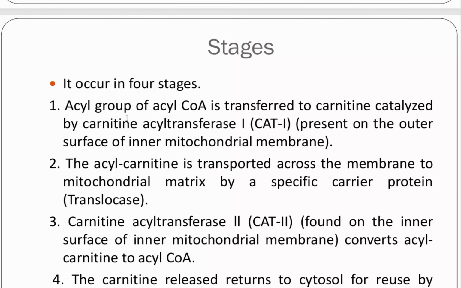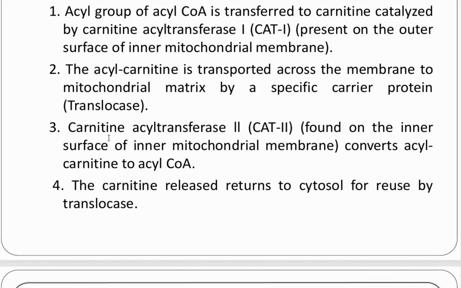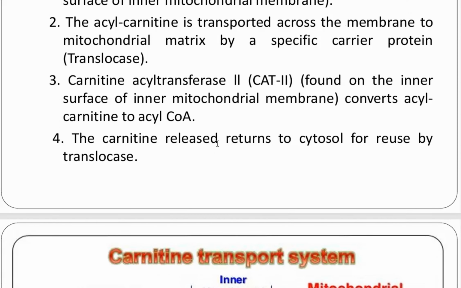Number one, first of all, the acyl group of Acyl-CoA is transferred to carnitine, catalyzed by carnitine acyl transferase 1, CAT1, which is present on the outer surface of the mitochondrial membrane. Now, acyl carnitine is transported across the membrane to the mitochondrial matrix by a specific carrier protein called translocase. Now, carnitine acyl transferase 2, CAT2, is found on the inner surface of the mitochondrial membrane. It converts acyl carnitine into Acyl-CoA, and ultimately the carnitine released returns to the cytosol for reuse by